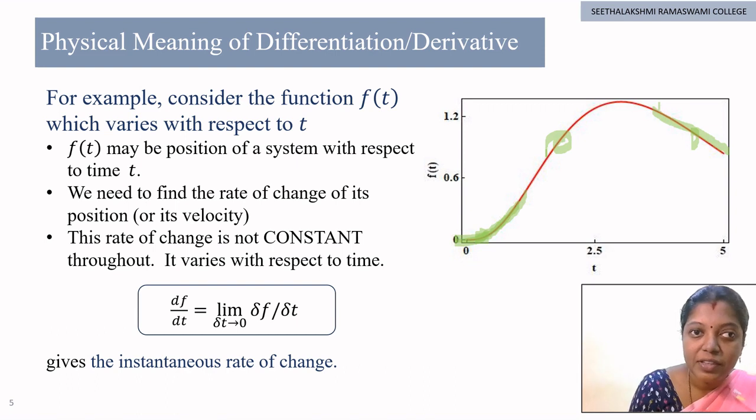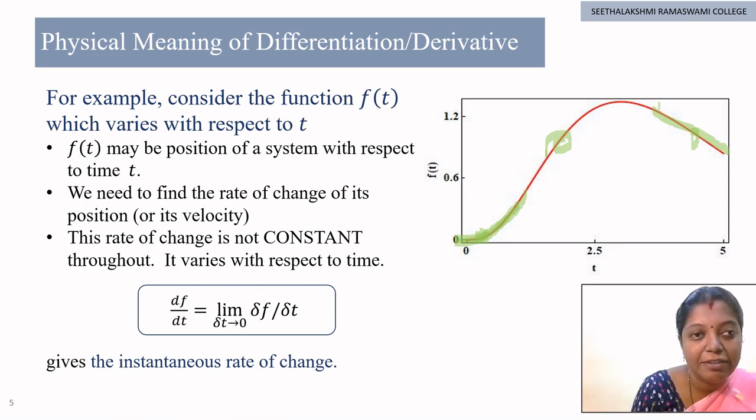So if the rate of change varies at every instant, it is also necessary to calculate the rate of change at every instant, that is, the instantaneous rate of change. So how will you capture the instantaneous rate of change? del f by del t helps us to find the variation in f for a short range of time, that is del t. So if you want to know the instantaneous rate of change, then you need to set del t tends to 0,